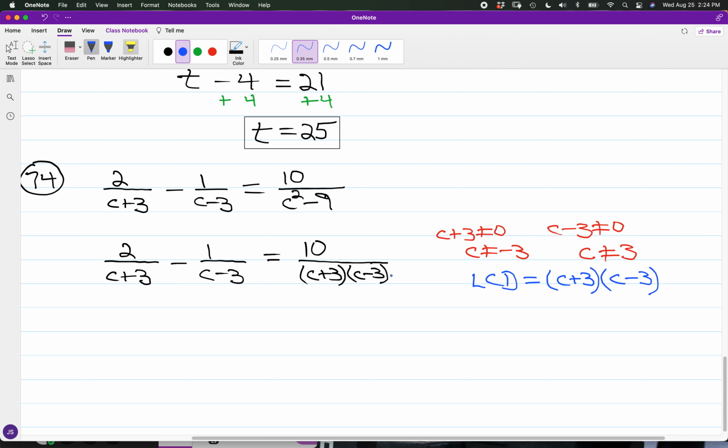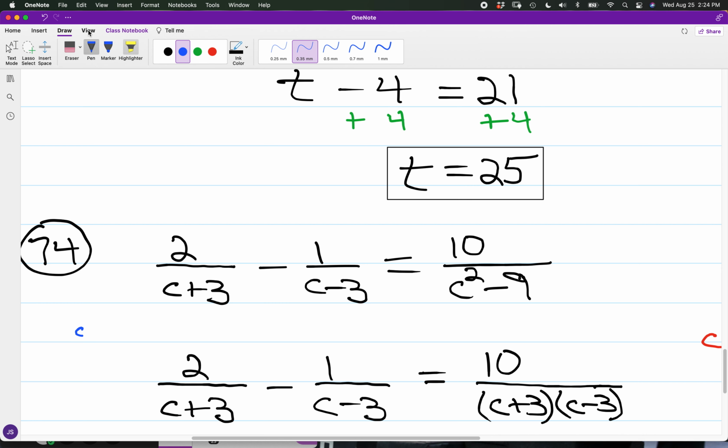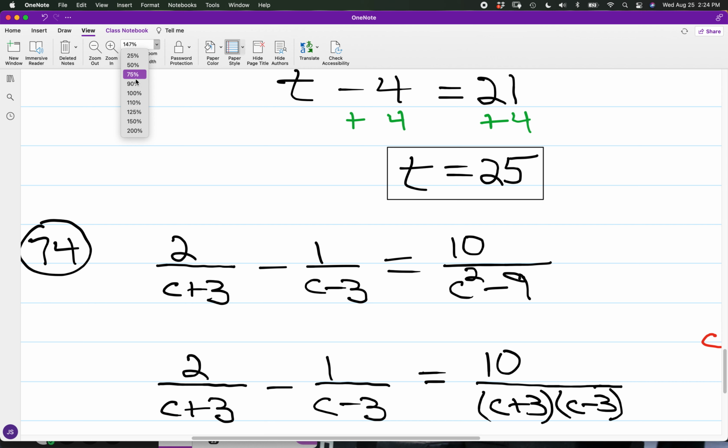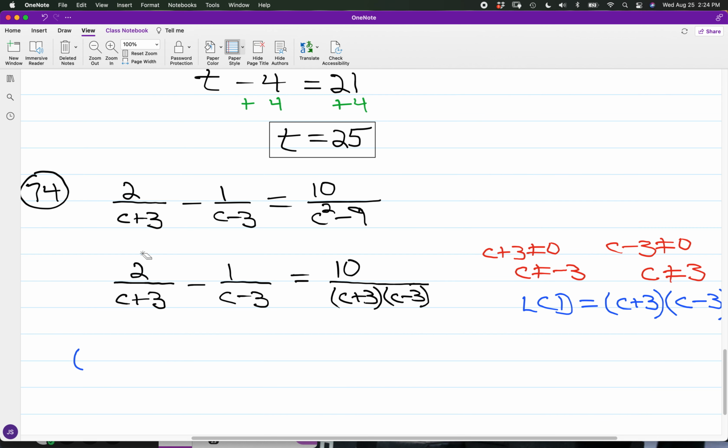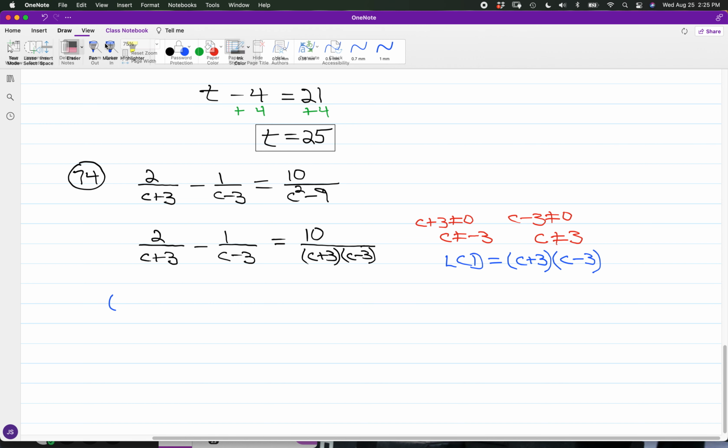If we look at these terms and multiply by the least common denominator, so we have at the front the quantity c plus 3 times c minus 3, you have times 2 over